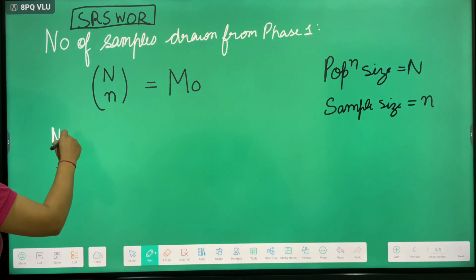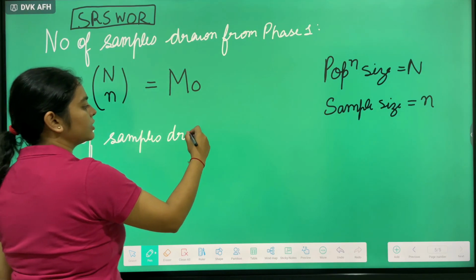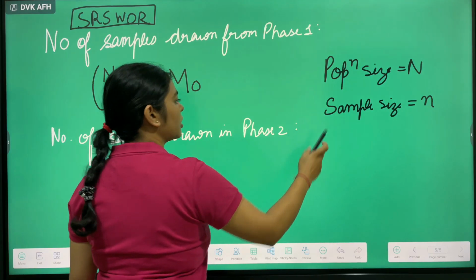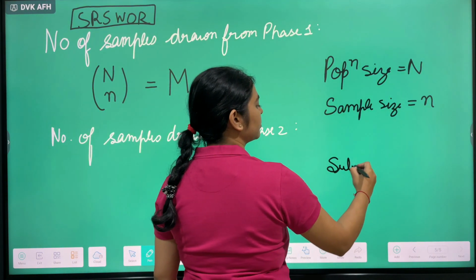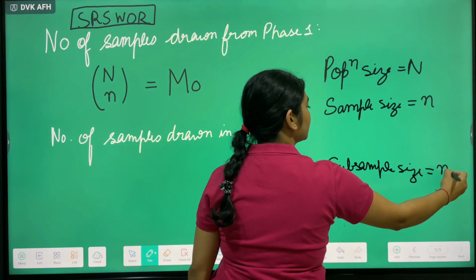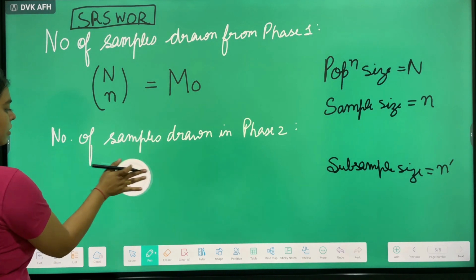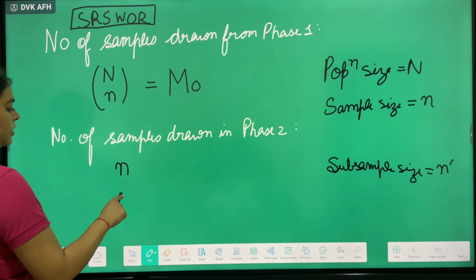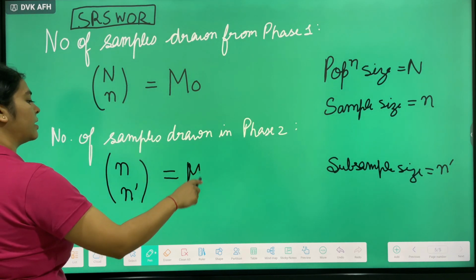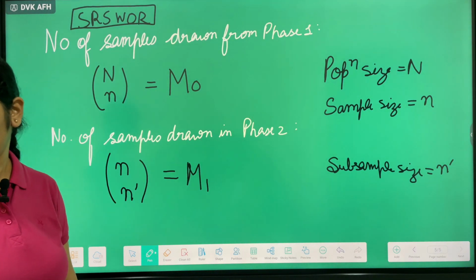And number of samples drawn in phase 2, here subsample size is n dash, small n dash. So our sample size would be n, it will be n Cn dash. Let us consider it as M1. Right? Now we know that we can draw